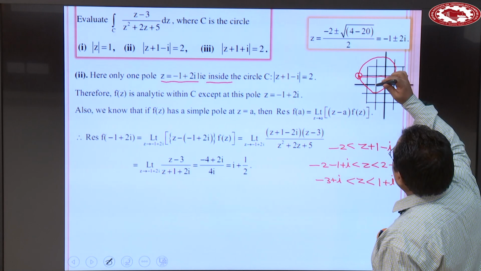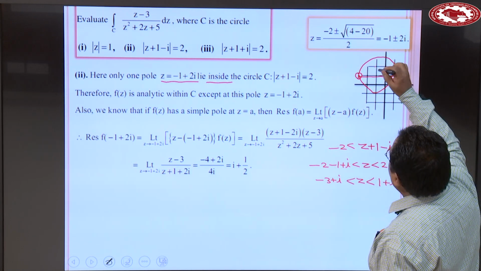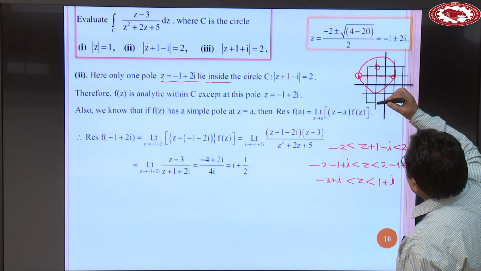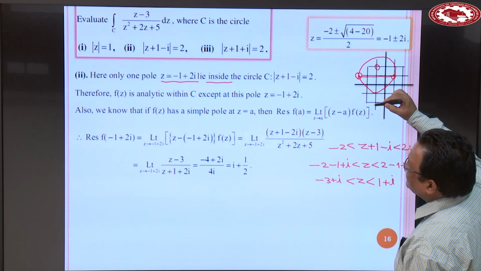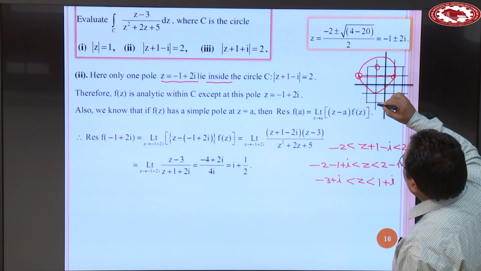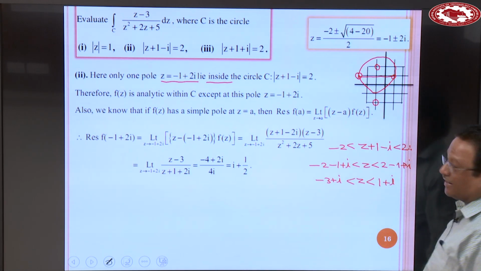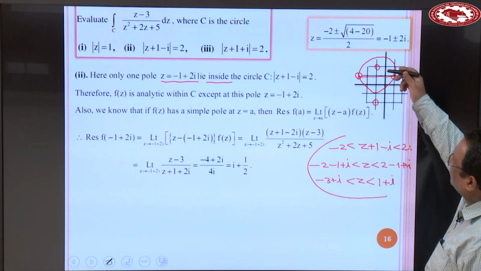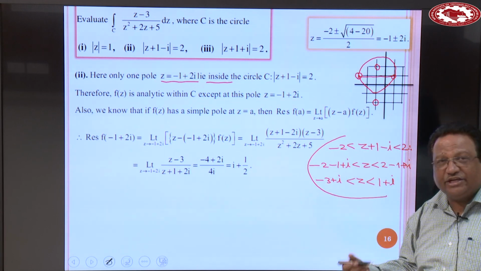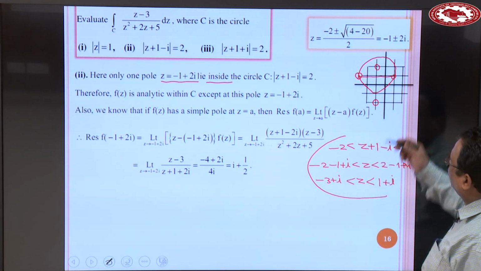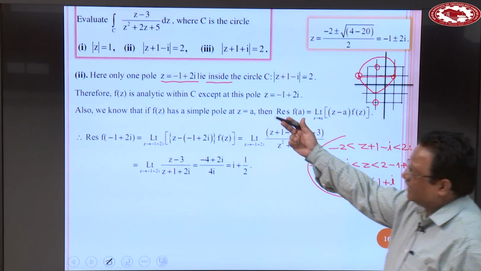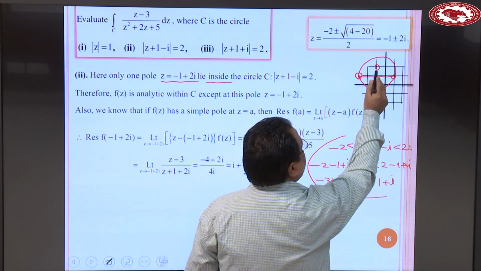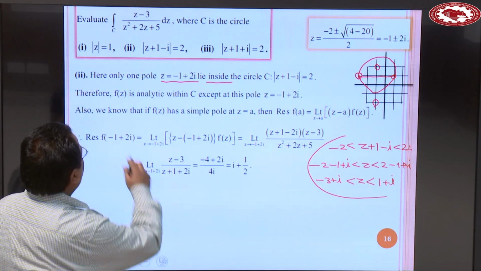अब देखिए -1 प्लस 2 आइटा, सो -1 प्लस 2 आइटा, ये जो पॉइंट है ये अंदर है, और -1 माइनस 2 आइटा, ये जो पॉइंट है ये बाहर है। क्लियर, तो पहले रफली इसको कैलकुलेट कर लिया करो, राइट, और फिर ये जो पोल्स हैं इनकी लोकेशन को देखा करो। क्लियर, और अकॉर्डिंगली आपने फिर डिसाइड करना है कि ये जो पॉइंट है कौन बाहर है। इस केस में रेजिड्यू आपका 0 हो जाएगा और इस केस में आपको इवैल्यूएट करना पड़ेगा।